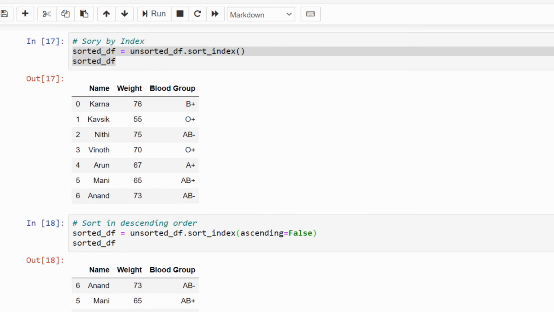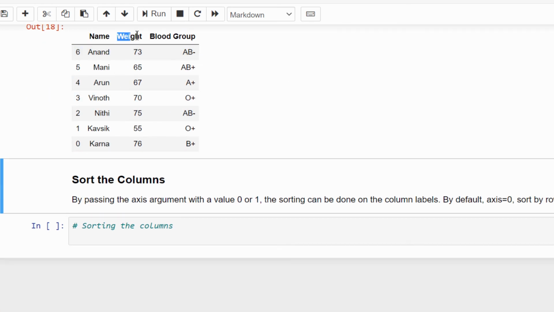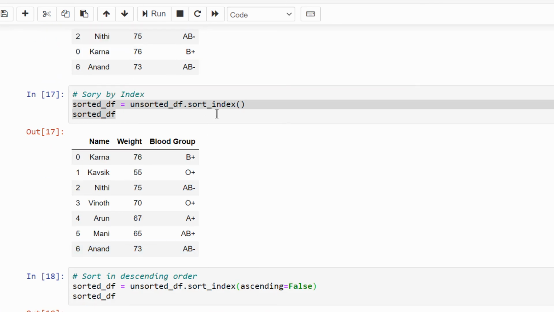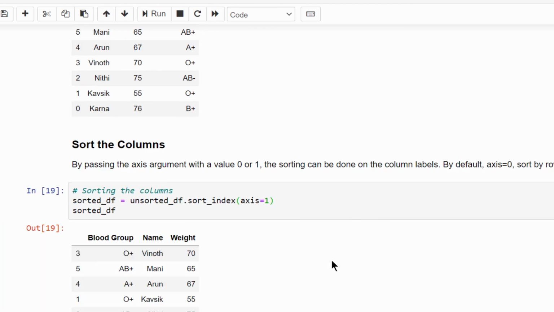Till now we learned how to sort row-wise, but we can also sort column-wise, that is by column name. So same code, copy pasting and adding one more parameter, axis equal to 1. Let's sort it.